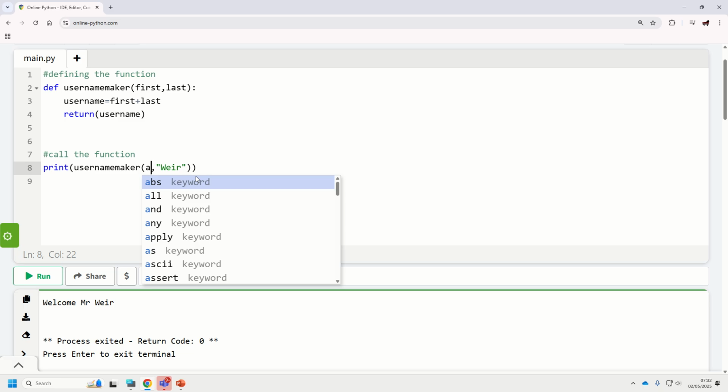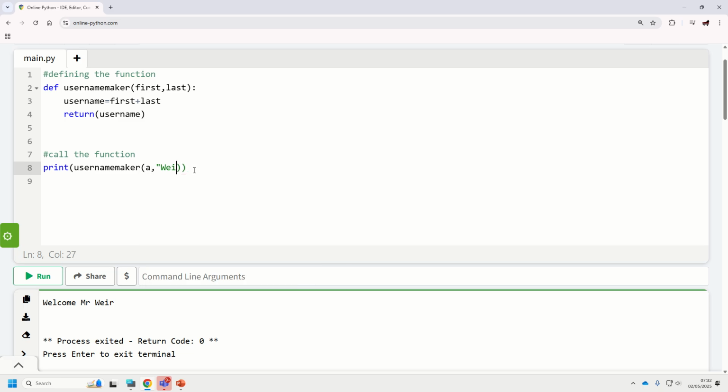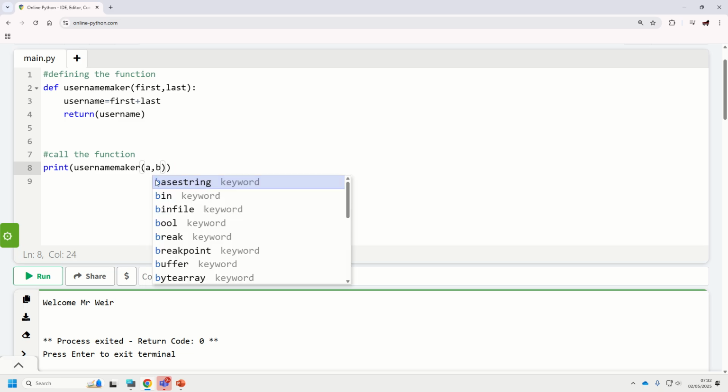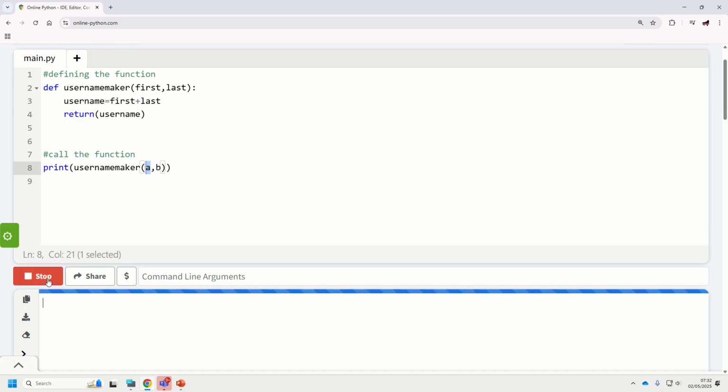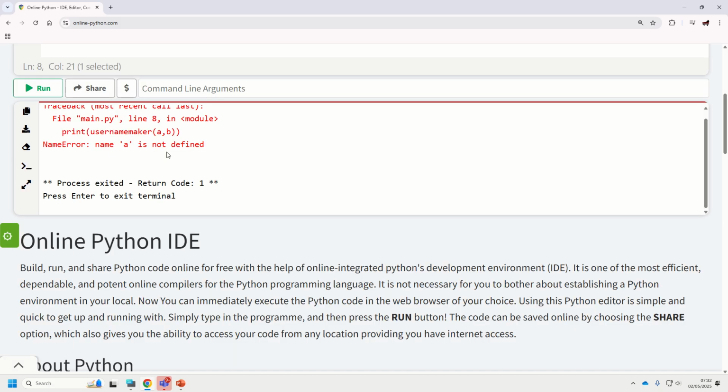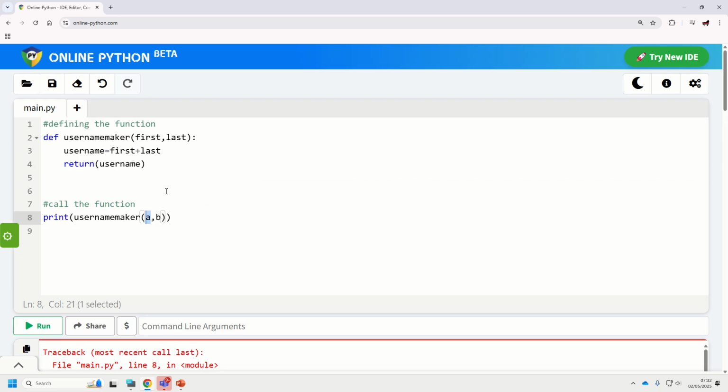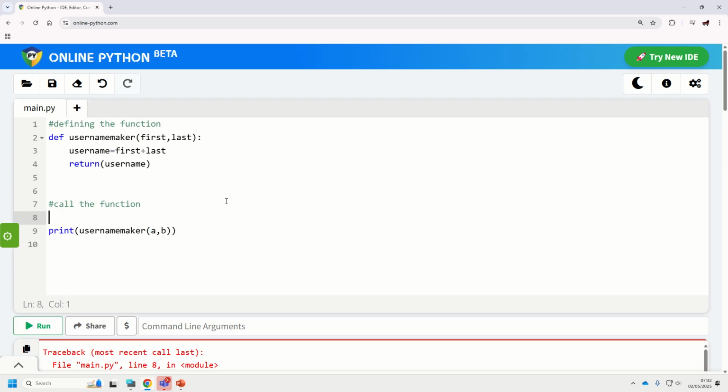So let's, for starters, just put A and B, just to keep it nice and simple and have different names. So I want to pass in two variables, variable A and variable B, into this function. Now when I run it, it comes up to say A is not defined, B is not defined, because I haven't actually used them yet. But if I ask the user to input two values and store them into A and B,